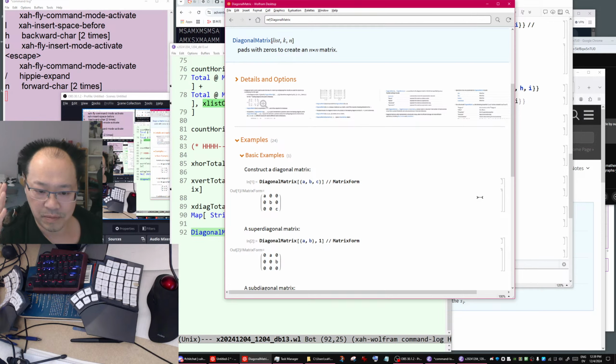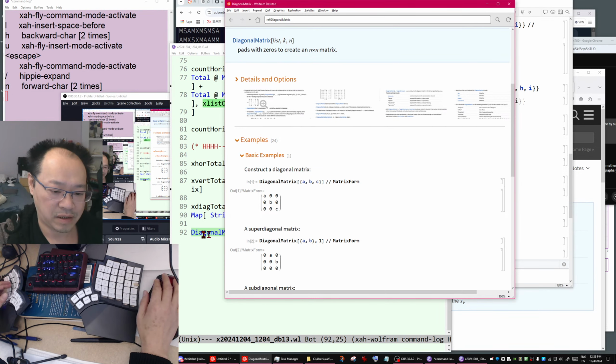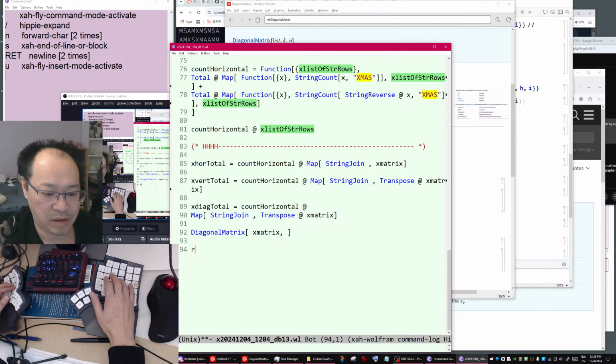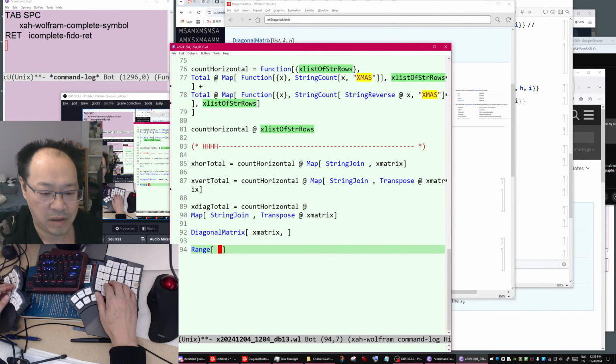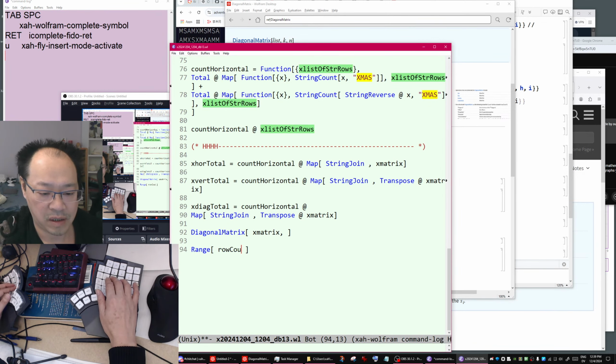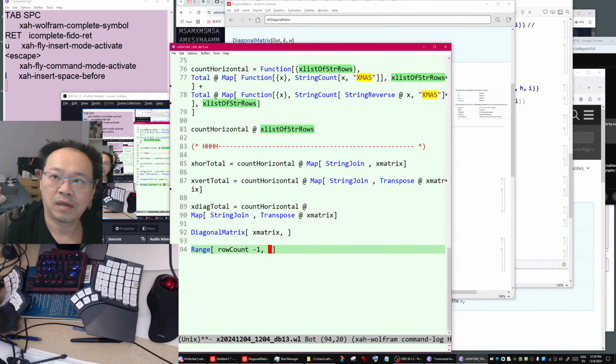Row and column. So let's see, let me just think about this. So row minus 1. Okay, so actually let me just do it. Range, row count minus 1 to the column count minus 1.